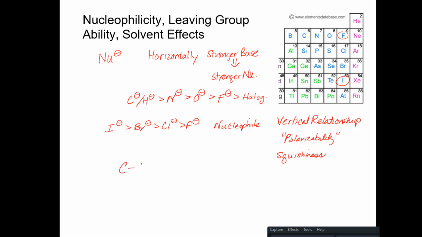Let's go back to the idea of a nucleophile coming in, reacting with the little teeny tiny sp3 lobe of the carbon in an SN2 reaction. What I'd like to do to form the strongest bond in the transition state is to be able to squish the electron density down into the smallest possible area. So what I'd like is a higher electron density in this orbital. Well, that's going to require being squishy. And so for the iodide,